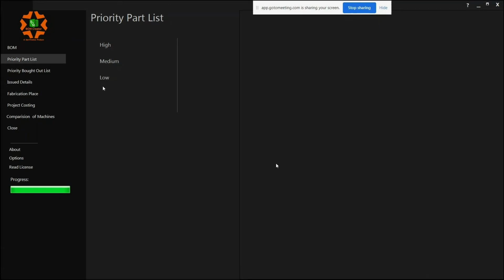So with this we give you a provision wherein you can create a priority wise list and share it with your production department, and you can tell them, this is my high priority, this is the item which will take more time to get manufactured, so take this into your planning first. And medium priority, this is my list of items which may take average time to get manufactured. And low priority list is the item which will take the least time to get manufactured, so you can plan it at the end.